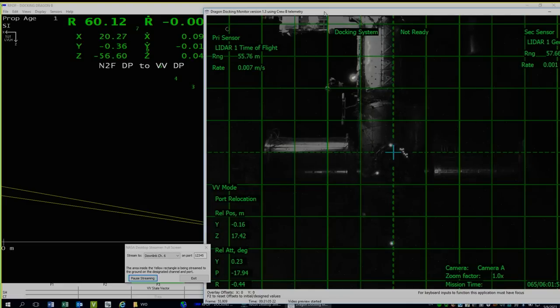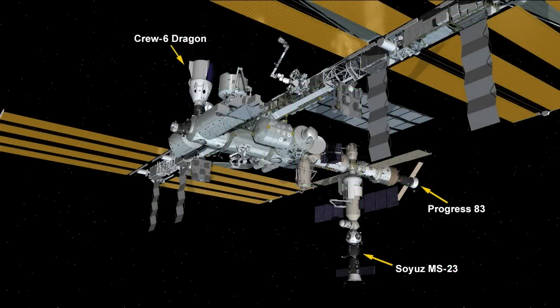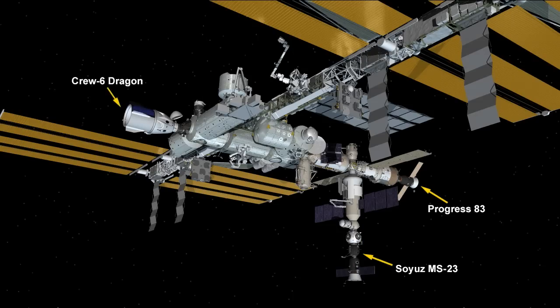Just a quick recap as to why we are doing the port relocation maneuver. At a high level, what we're doing today is moving from the zenith port of the Harmony module over to the forward-facing port. You see Crew-6 Dragon on its original docking port being moved to that forward side that you see on this new graphic. The main reason is for the arrival of the Dragon cargo spacecraft, CRS-28 mission,